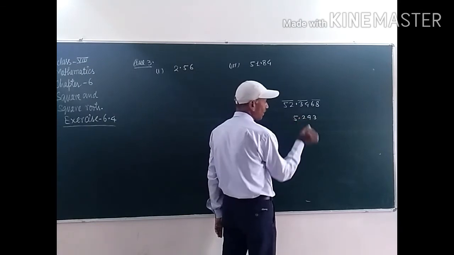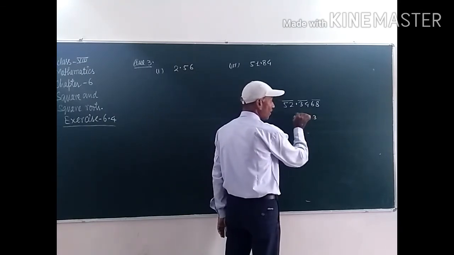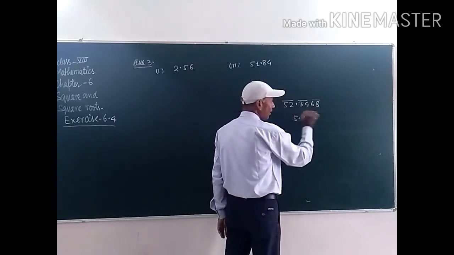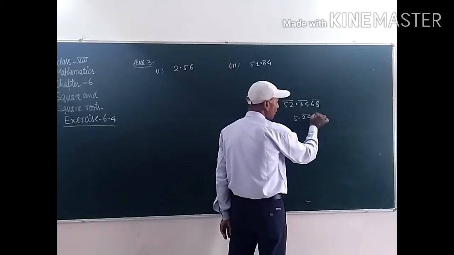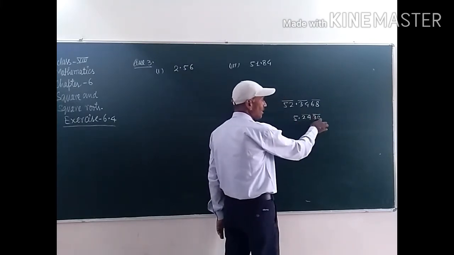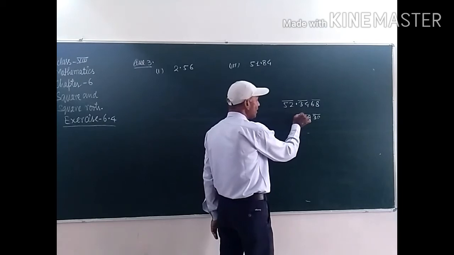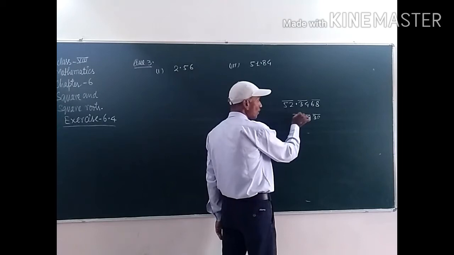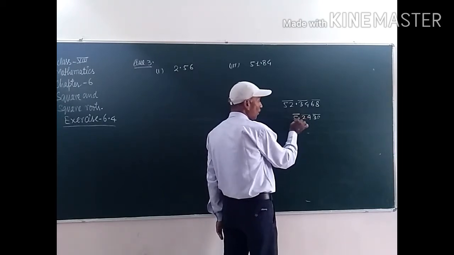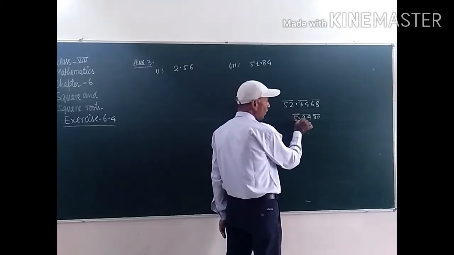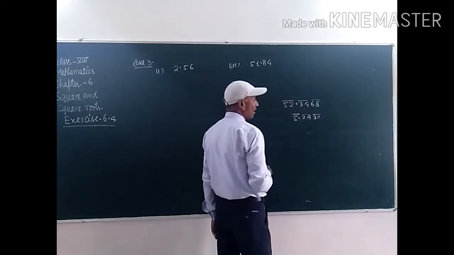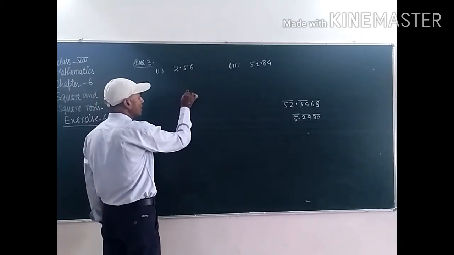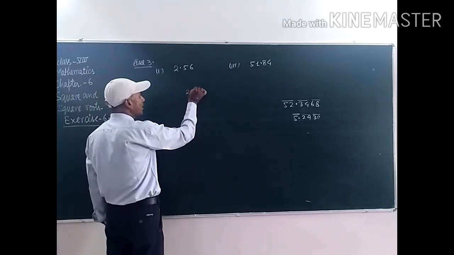Clear, student? So if we are going to put the bar over the numbers, then we have to start from the decimal place, and first from the right side, this one is the first pair, and there is only one number, student, so we can put 0 here, and there is another pair, that is 30. Clear? And this number is before the decimal, so we have to put the bar over this number, student. This one 5.293.